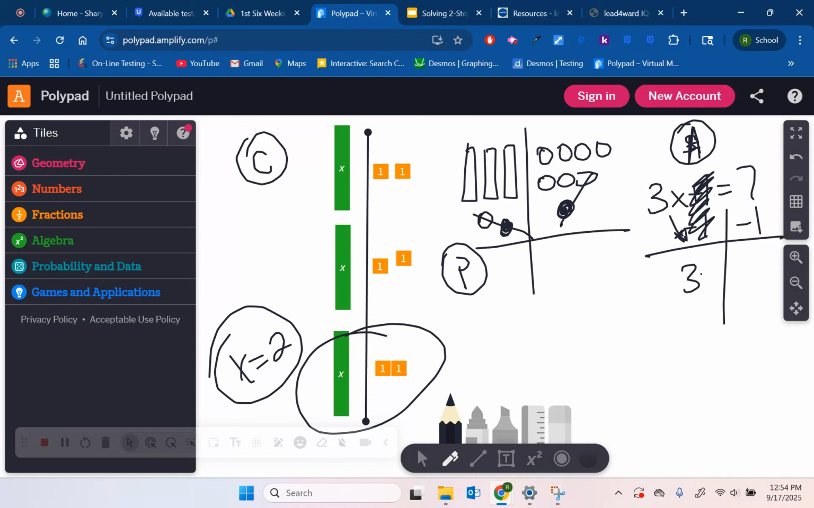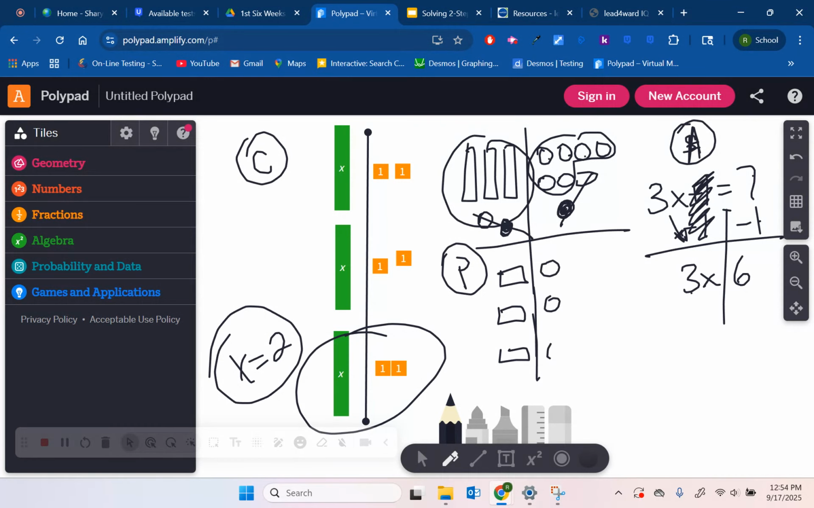Now I bring down that 3x. 7 minus 1 is 6. I have 3x equals 6. And then I can draw my x's like this, by the way, laying down, horizontal. And I can say, okay, 1, 2, 3. 1, 2, 3. You guys are good. And these guys canceled out already, right? 1, 2, 3. 1, 2, 3. I modeled division, right? I literally modeled division. I've got 6 divided by 3, and then each person gets